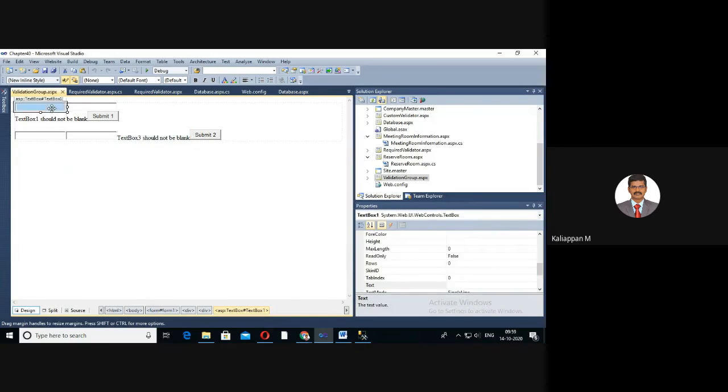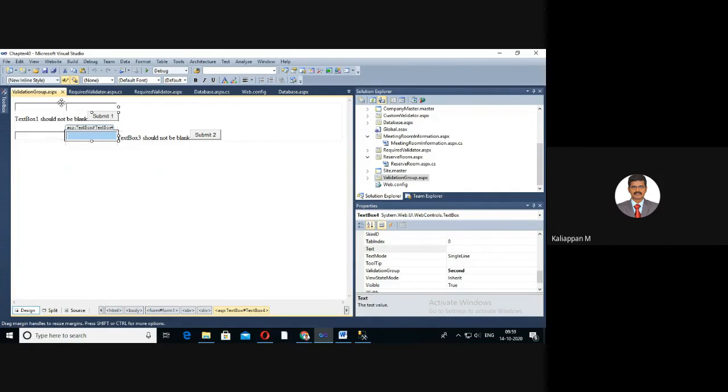You just have to set the property. Here the name of the validation group is called first, and here the name of the validation group is second. The first is set to text box 1 and text box 2, the second is set to text box 3 and text box 4.